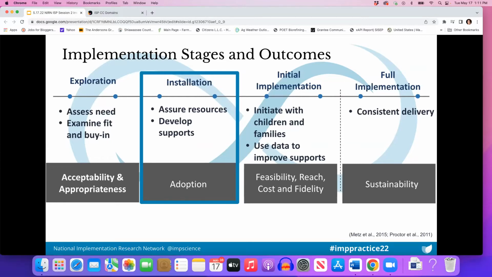So much like Karen was saying, it's really hard to talk about one competency without talking about another because they're all intertwined. It's really hard to talk about one phase without also talking about another, right? Because as we're really looking at installation, we're planning for full implementation and anticipating potential barriers and anticipating things we might run into. When we're in installation, we frequently say, oh no, we forgot, or oh no, let's go back and re-examine something from exploration that we might not have given ourselves the luxury or grace of time to really understand at the depth that we needed to.